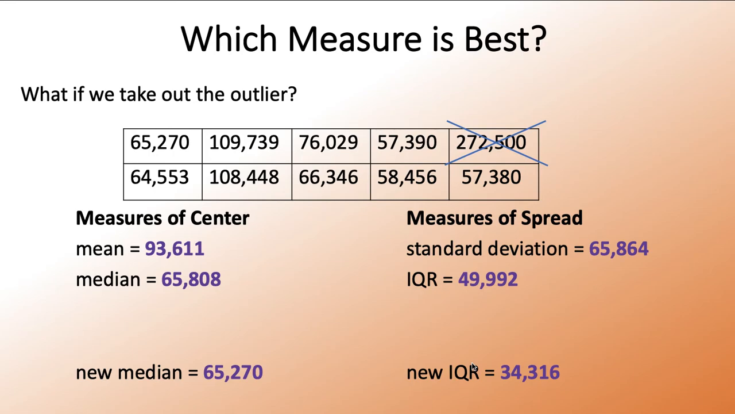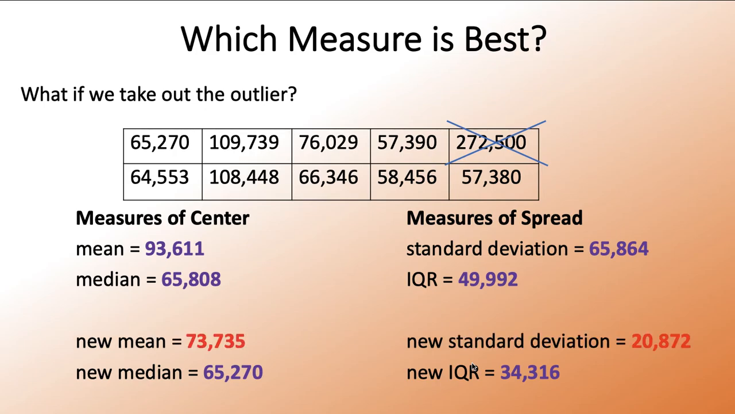When we do that, the new median is not that different. It's 65,270. The new IQR is a little lower, but again, it's not that different. It's 34,316. Now let's see what happened to the mean and standard deviation. They drastically changed. Notice the new mean is 73,735. And the standard deviation drastically dropped to